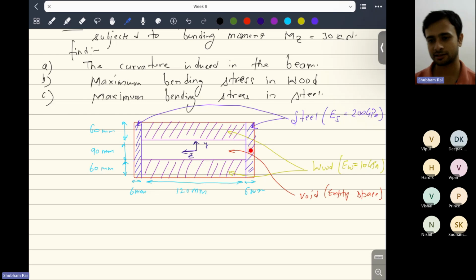So the bending stiffness of these two materials should get added, right? It means the stiffnesses are in parallel, because when the stiffnesses are in parallel, you add them. When stiffnesses are in series, say you have springs in series, you take the reciprocal of them. Anyway,